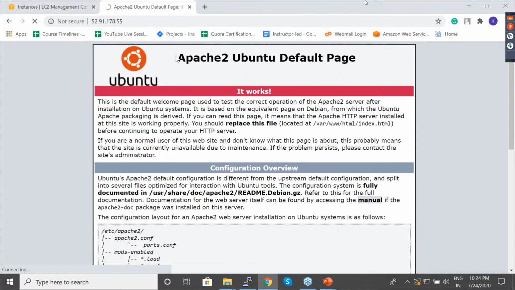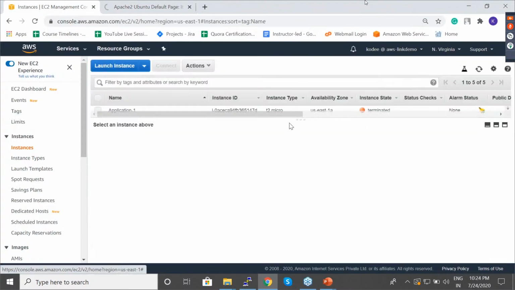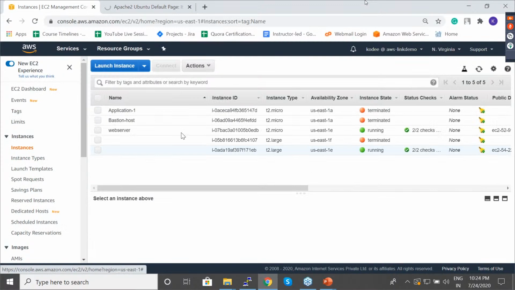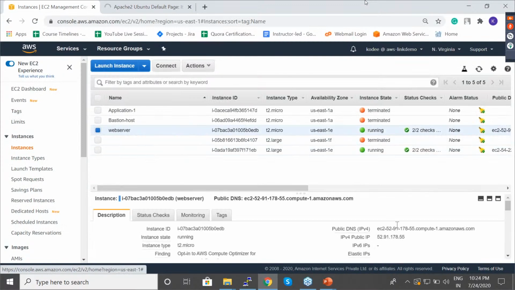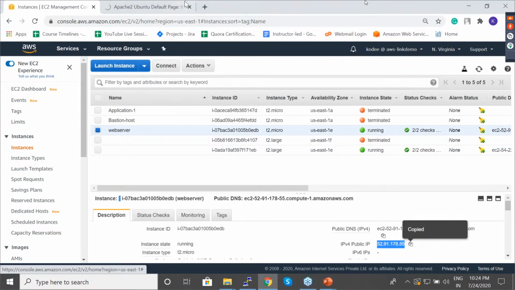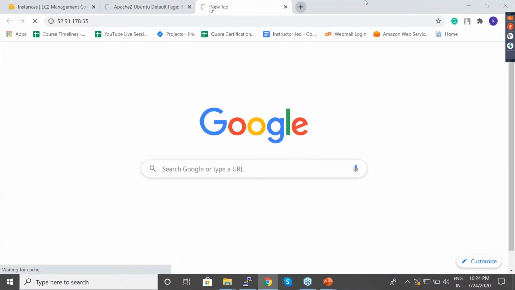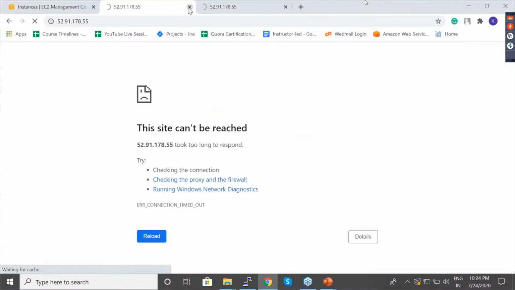You can see it's loading a lot. Basically, it will give me an error page because it's not able to access. Let me copy it and paste it. So you're not getting any web server here. It will give you an error because I have not allowed HTTP.